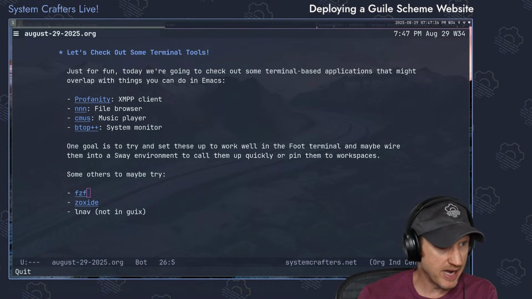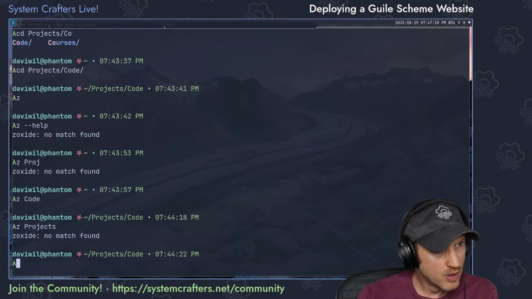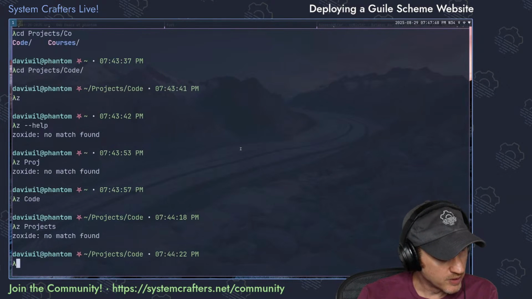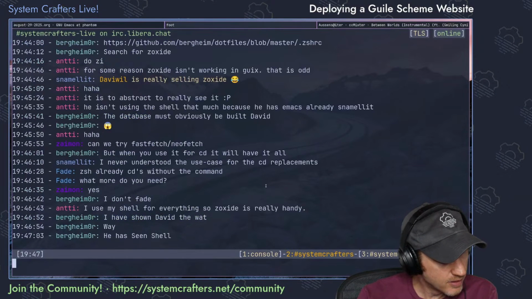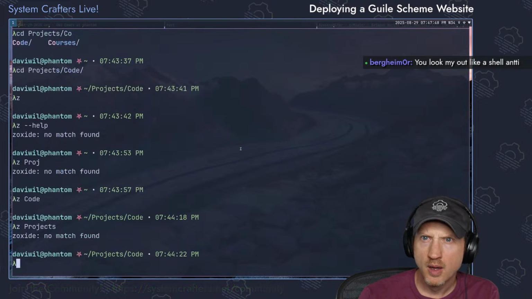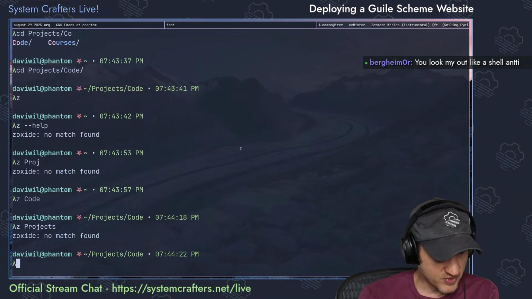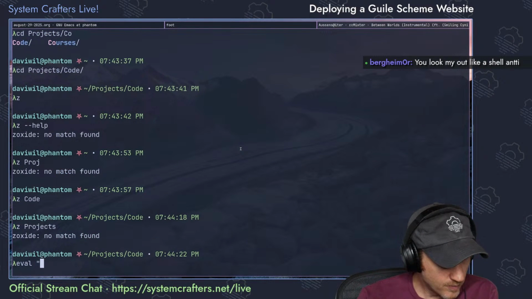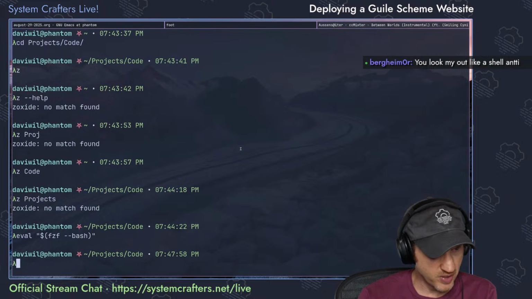Let's go back to... Hold up. I've got too many windows and I'm going side by side through them. All right, here we are. So the same thing, eval